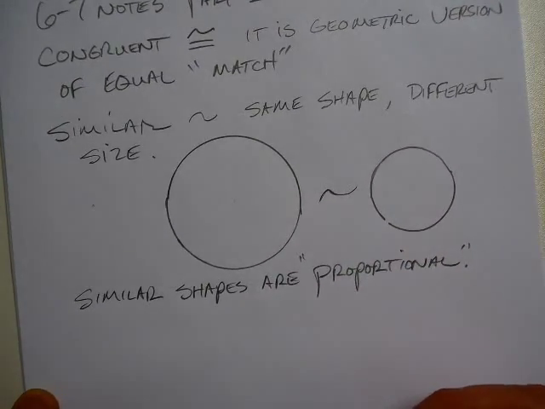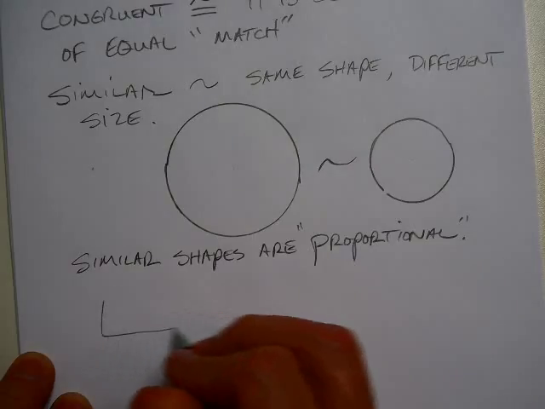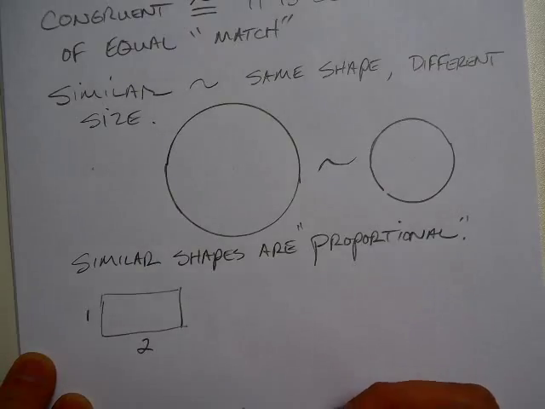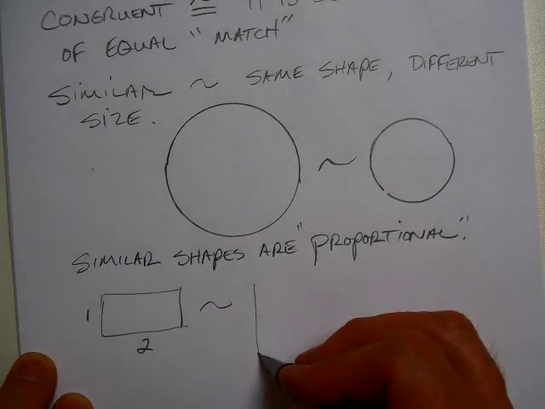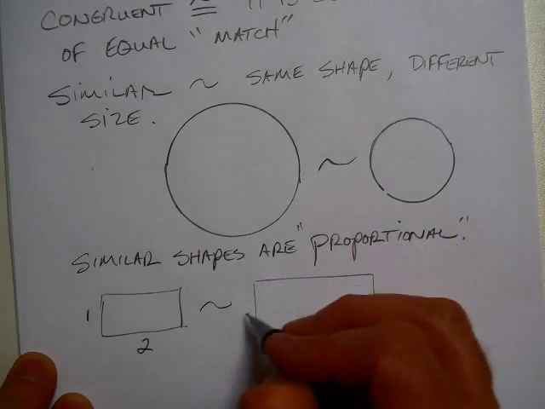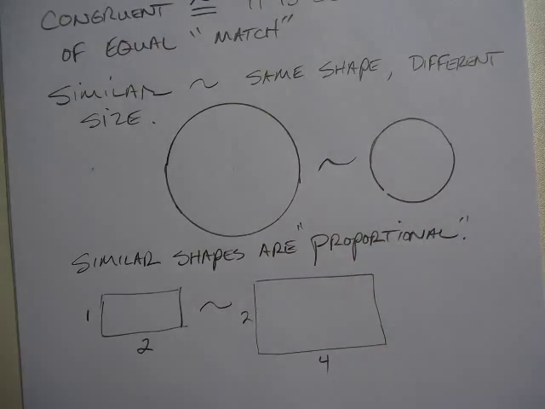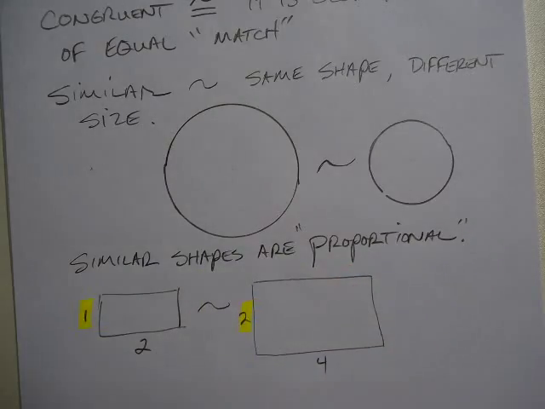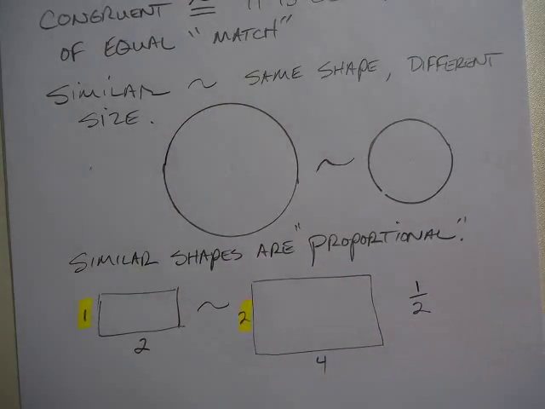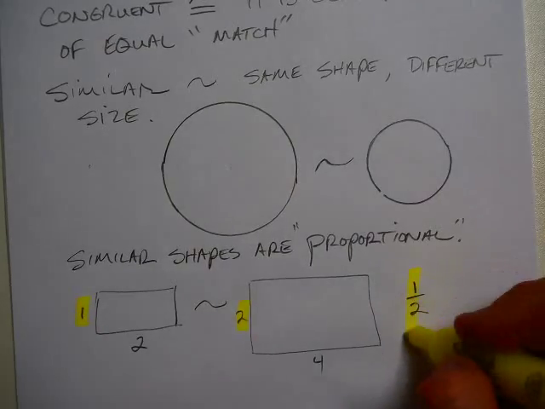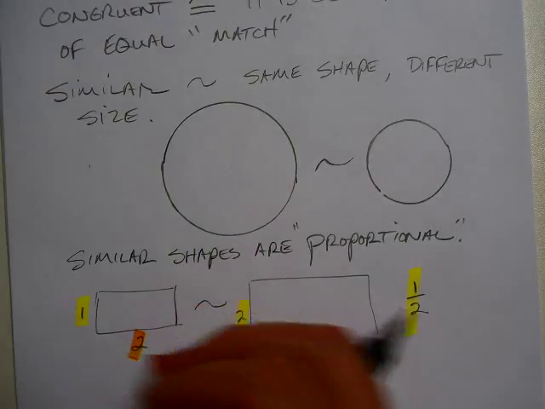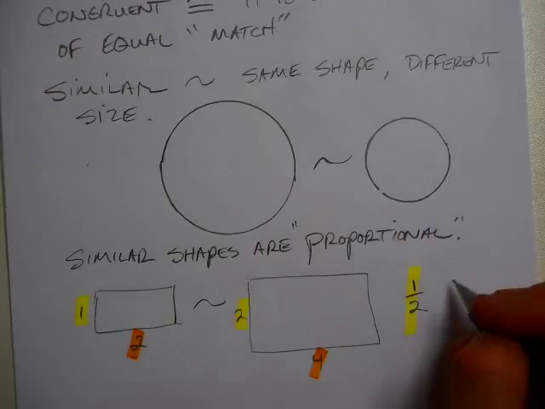So if I use an example of a rectangle, let's say I make a rectangle and it has measurements of 1 something by 2 something, and I make a similar rectangle that's 2 something by 4 something, and if I compare the height to the height, right? If I'm comparing these guys, and then I compare these guys, the width to the width, in the same order,